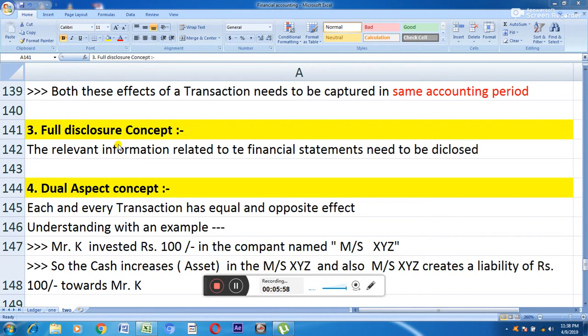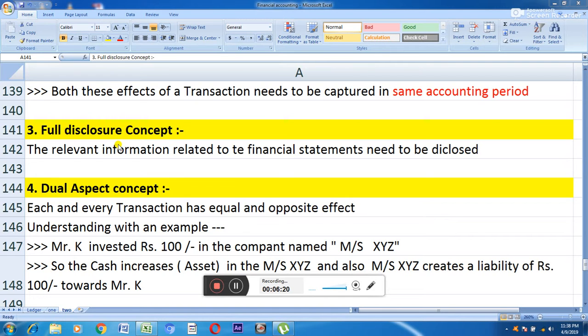So full disclosure concept is important, because apart from the financial statement which you are releasing at the end of the year, there is some hidden information also there in the organization, and for the stakeholders that hidden information needs to be